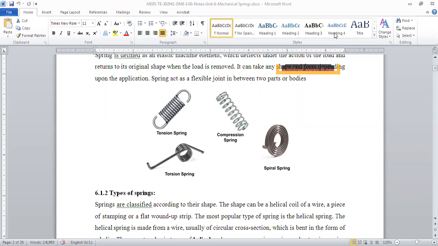Any other examples? Sir, in weighing machines, in old weighing machines. Absolutely right. In all types of weighing machines, they have used this spring, and depending on the deflection, because it is fixed, right? We'll talk about what is called stiffness. So load upon deflection. If we know the deflection, we can know the load, or if we know the load, we can know the deflection, right? So the load is proportional to the deflection.